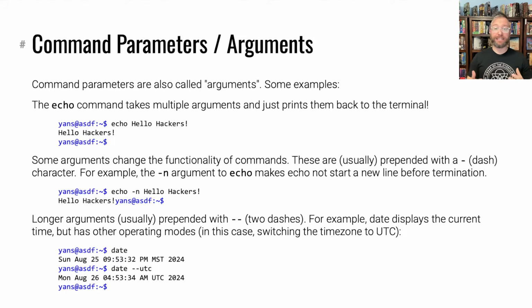There is a kind of convention for arguments that change the functionality of commands: a single dash with a single letter. -n means no newline. Now, for longer arguments that don't fit in a single letter, such as --utc to make the date command output the current date in UTC format, that is universal time,